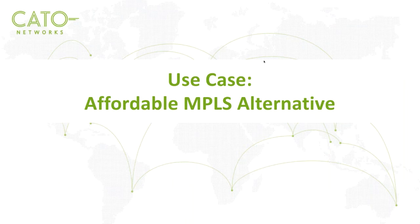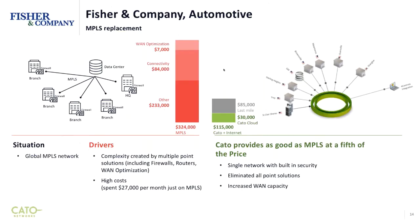The next use case is affordable MPLS alternative. So this is really about cost reduction. And it's important to understand that the cost reduction comes in part by the ability to move from an MPLS last mile to an internet last mile, and then connect those last miles with the Cato managed backbone, SLA backbone. So in the case of Fisher and Company, this is an automotive company, roughly 7 or 8 sites. One of them is in China. They were using an MPLS network to connect all of their sites at the cost of roughly